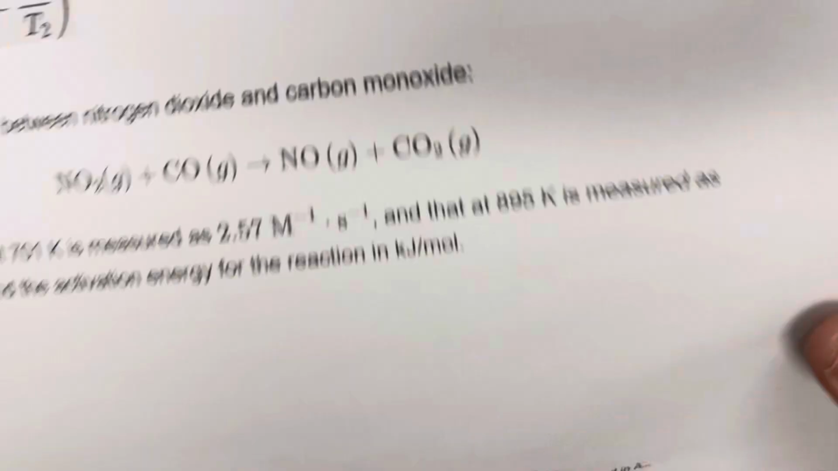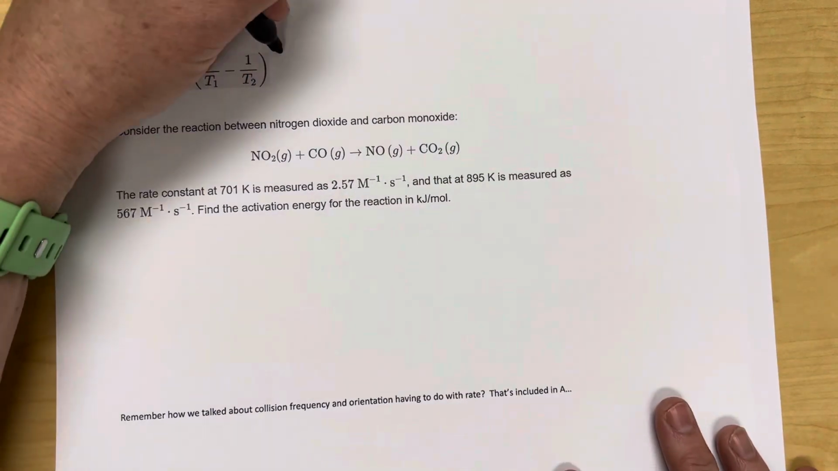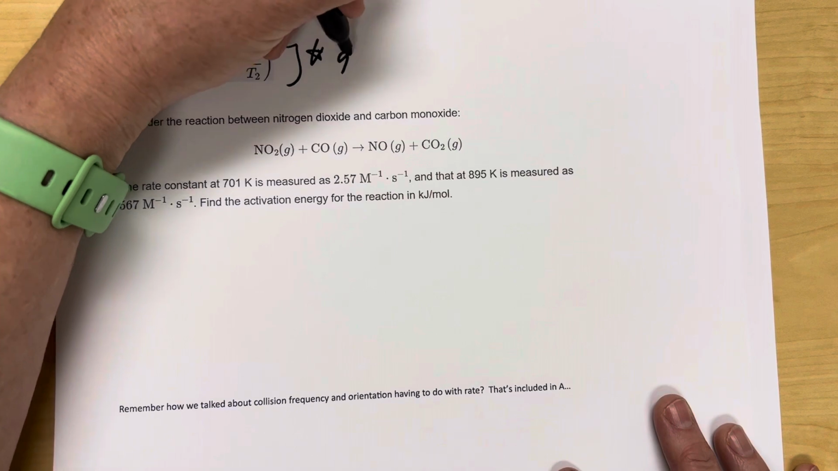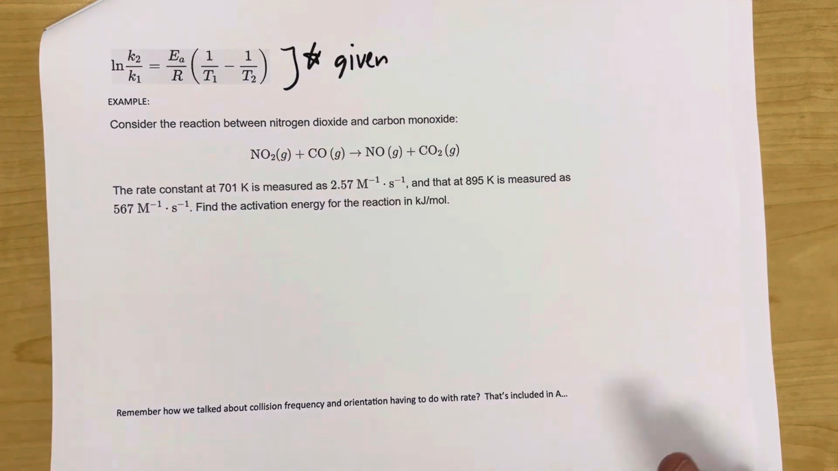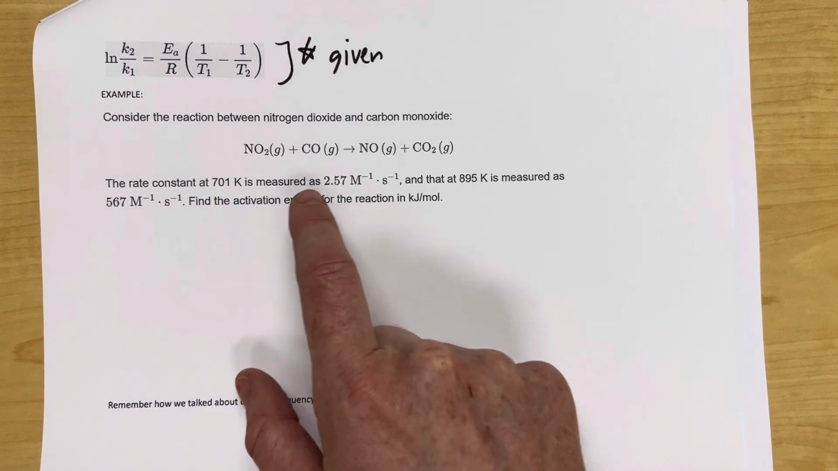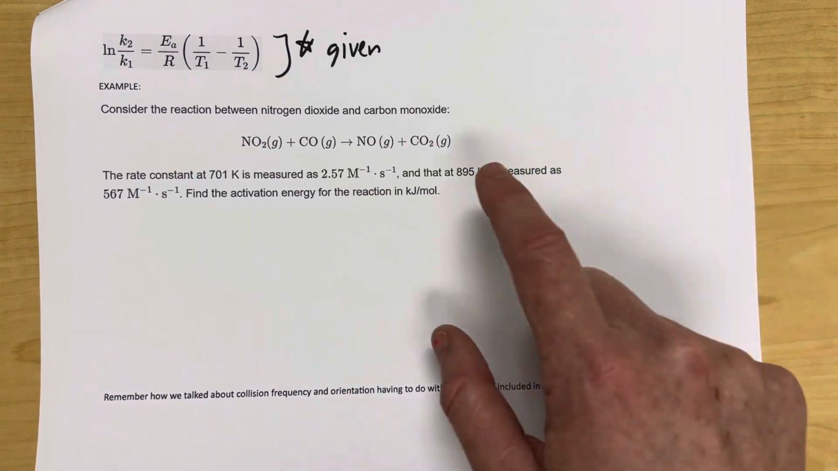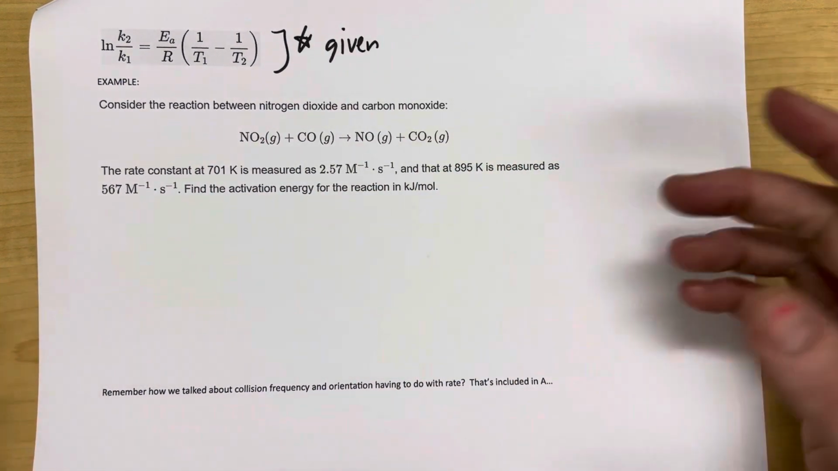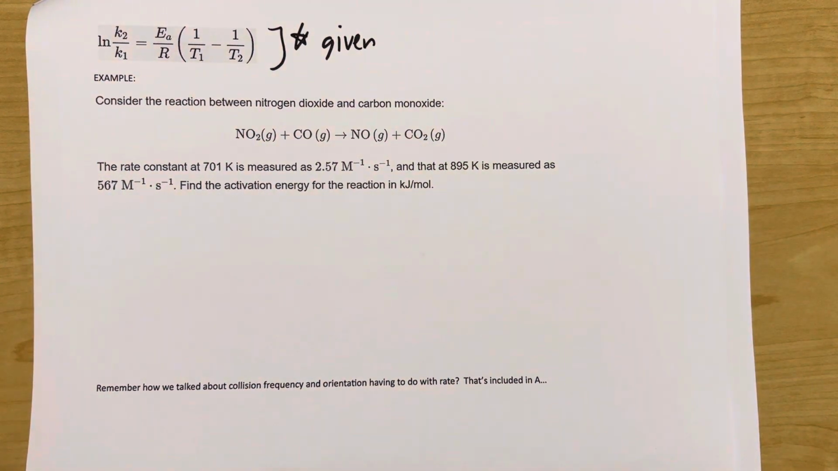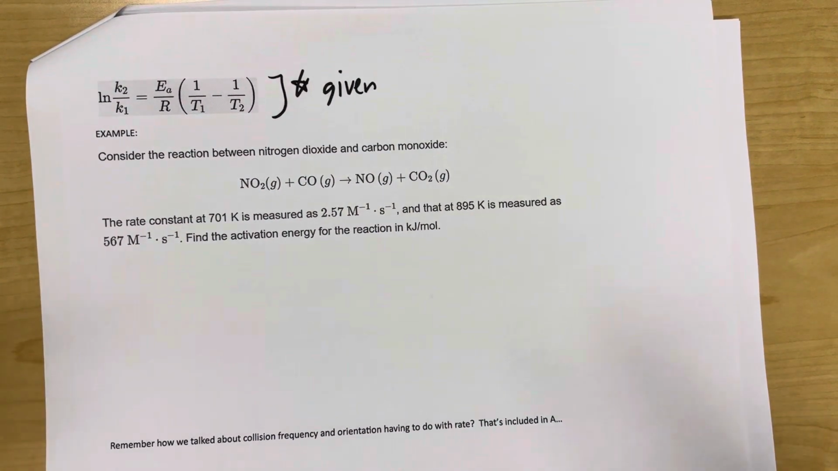Let's do this. So it says consider this reaction, and this is the other one given. I will be giving you that. And it says that the reaction at 701 Kelvin has a K of 2.57. And then at a higher temperature, 895, it has a higher K of 567. And it says use that information to find the activation energy for the reaction,